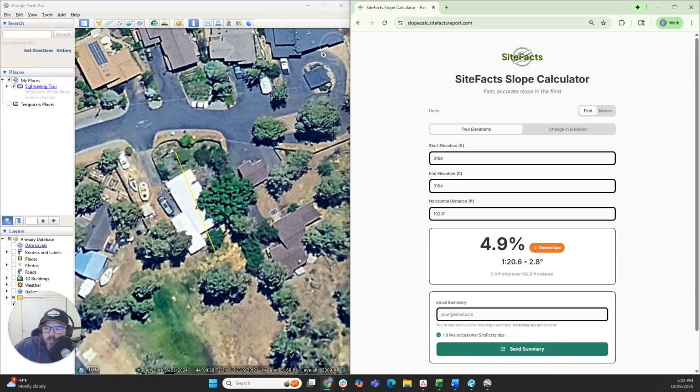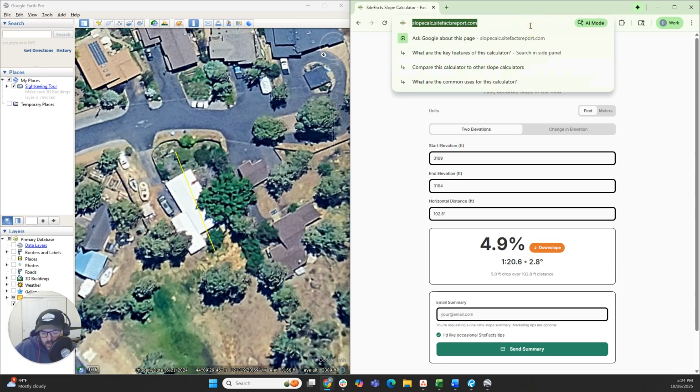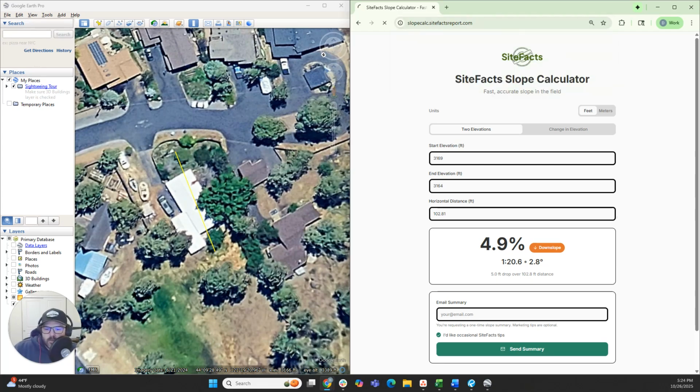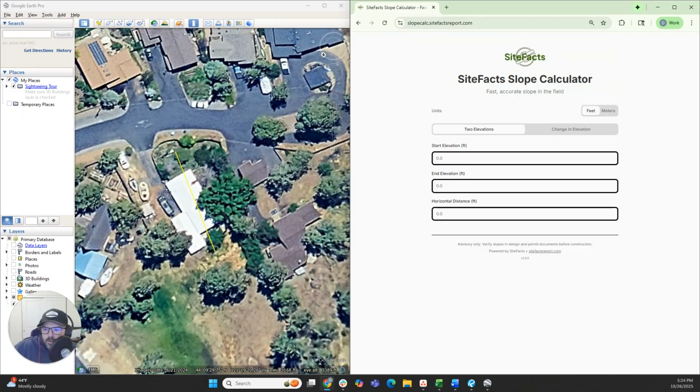We're going to do one more. Let's go crossways across this property to get a little more practice. So I'm going to refresh the page here and come over here to the left hand side. And again, I've got 3169. I'm going to go ahead and click that in, 3169. And then we're going to come across the property